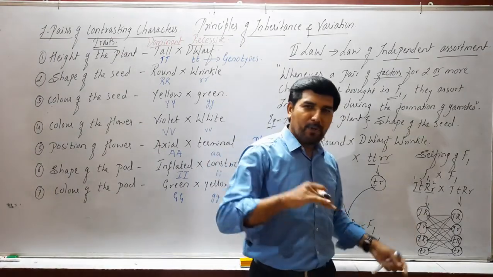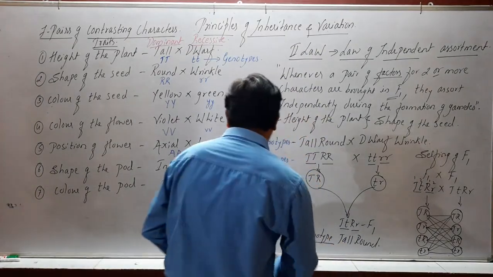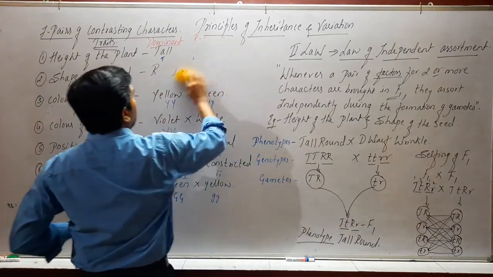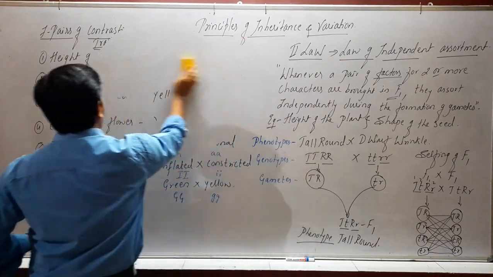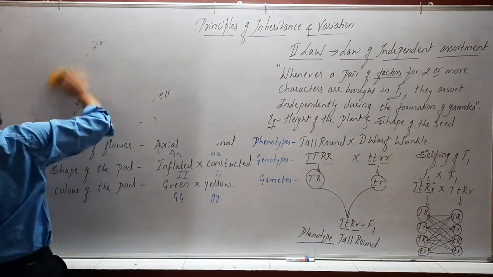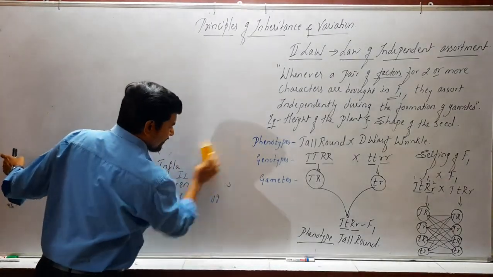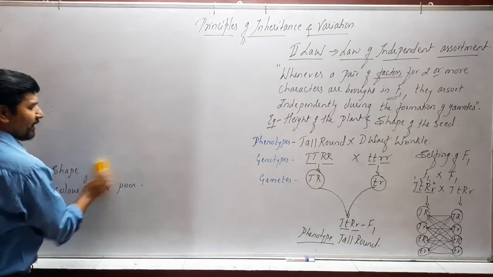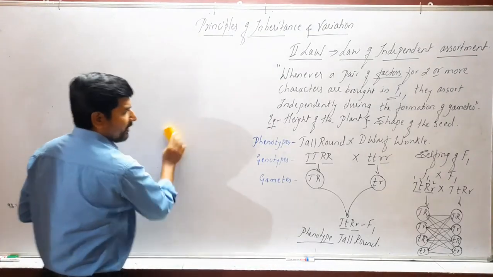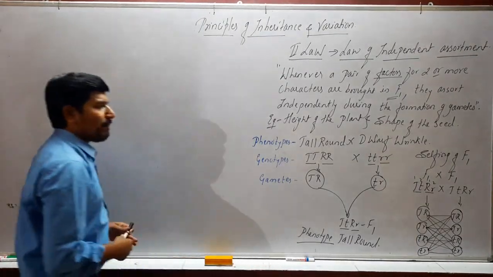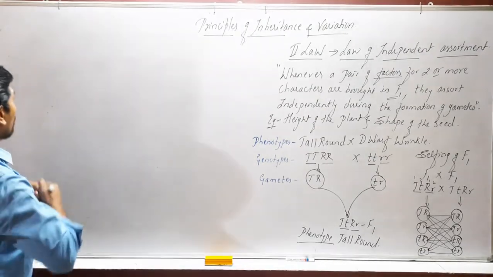So let's go to the Punnett square, and in that Punnett square let us see the total number of gametes, and in that part we are going to get the F2 ratios with respect to that of the monohybrid cross. In the monohybrid cross we came across the phenotypic characters as well as the genotypic characters, phenotypic ratios, genotypic ratio. Similarly, in this part again we are going to come across the phenotypic as well as genotypic ratios. So how to do it? So let us plot the checkerboard.